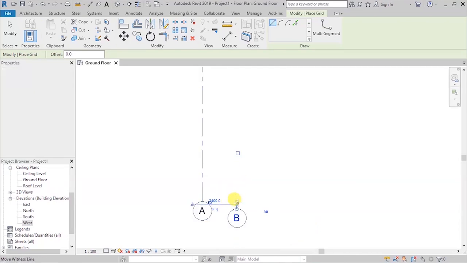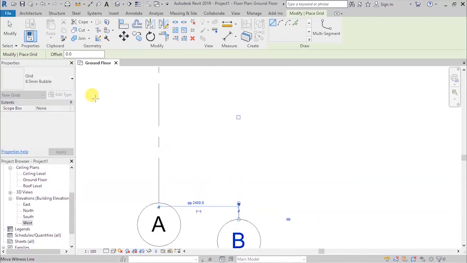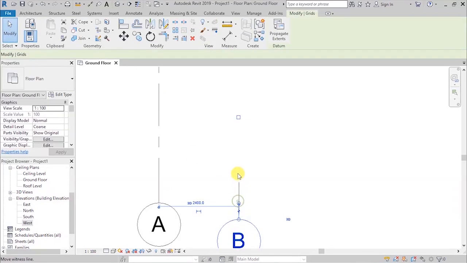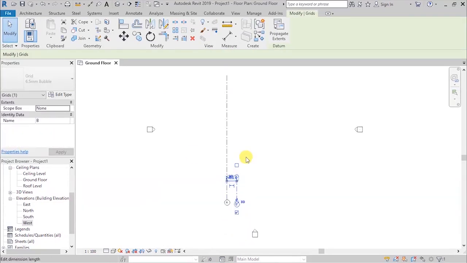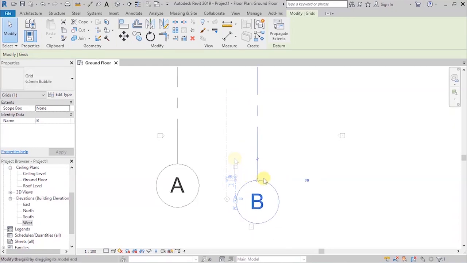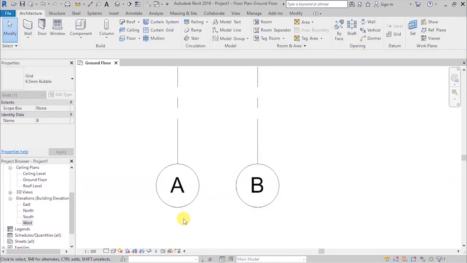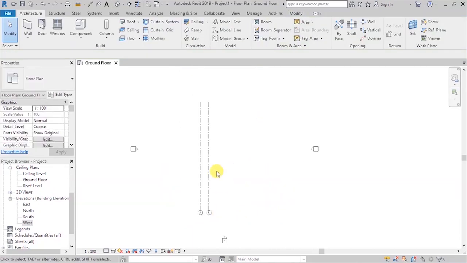Just select it, select, modify, then extend it to the other. So that is our grid B. Place it there. I want to create another vertical grid, which is going to be our grid C, and that one is